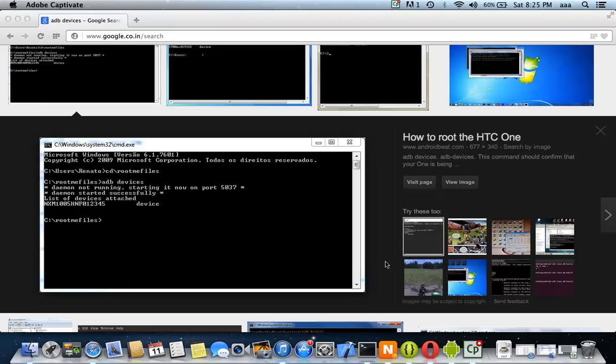Now if you really installed everything perfectly, you connect your cable between your phone and your Mac or PC, and then run adb devices. It will start the daemon and it will show you an emulator or a phone which is running there. So if I'm running an emulator itself and a phone also, it will show two devices here.